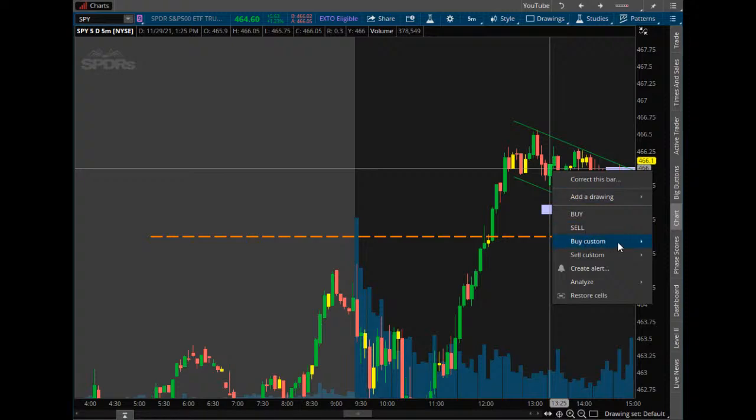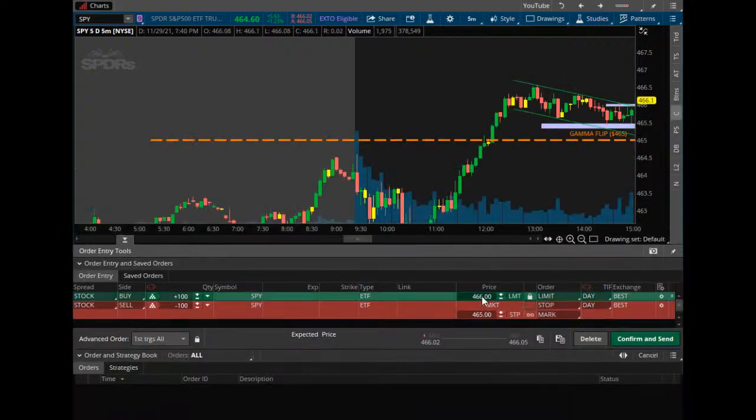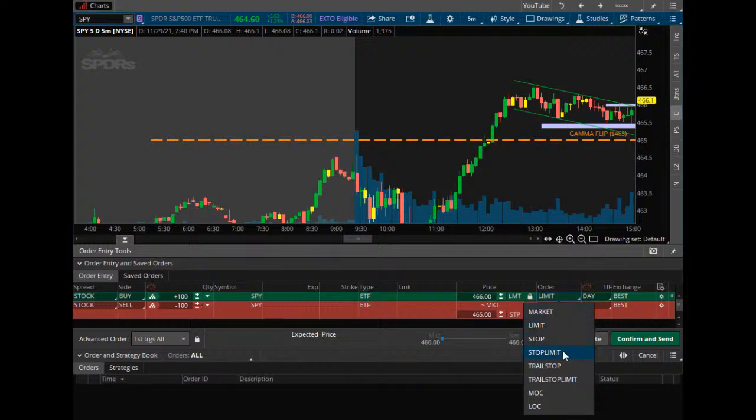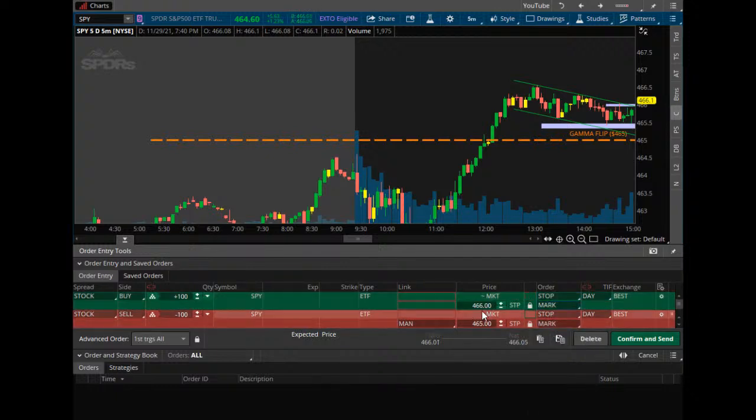And so what I would do here is a buy with a stop. At this point, I would look to market in or do a stop market or a stop limit, and here I would just do a market in or a stop entry at 466. So once we broke that level, I would look to get long, and then I would set my stop at the bottom of the flag at the time, which was right about here,